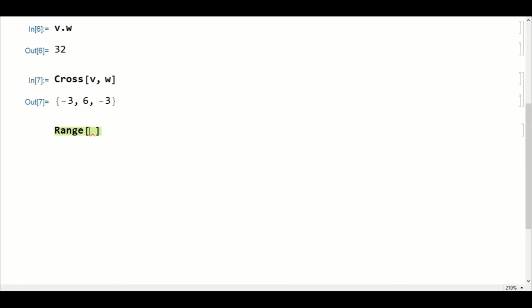Suppose I want to make a list of numbers from 0 to 30, in steps of 3. This is my minimum number from where I want to start my array. This is my last number, and this is the step size. So it will start with 0, then 3, then 6, and like this up till 30.